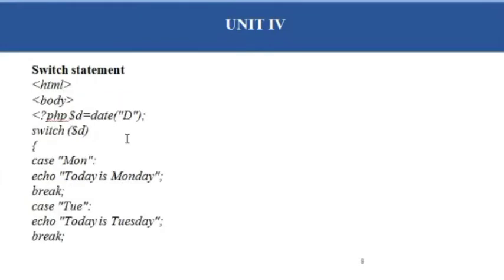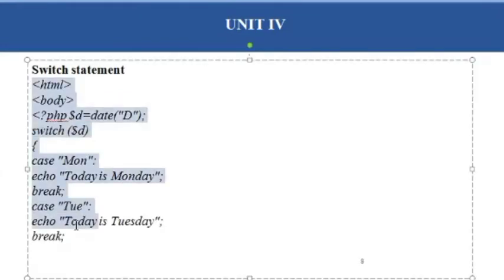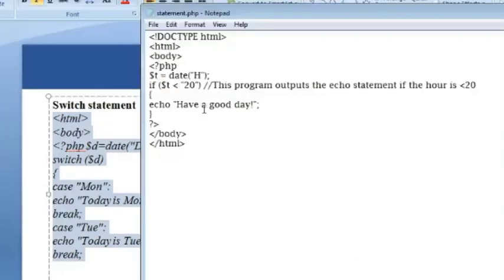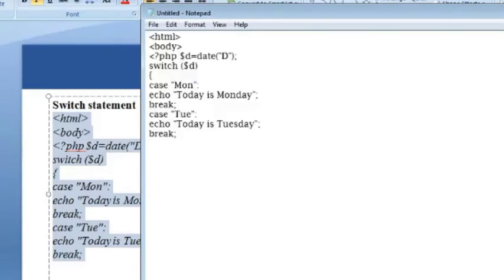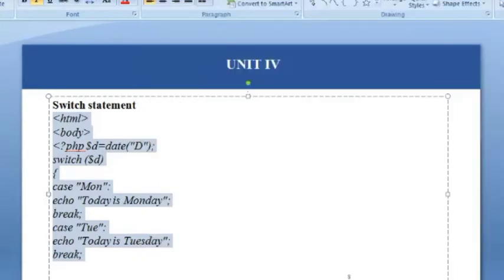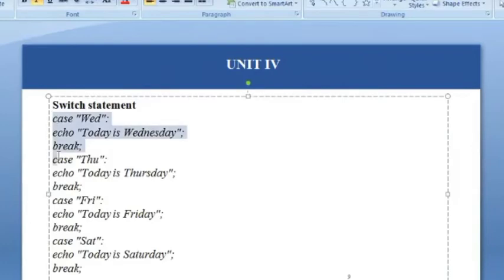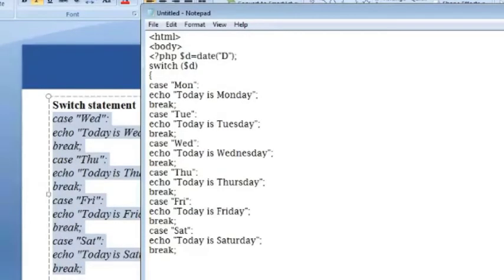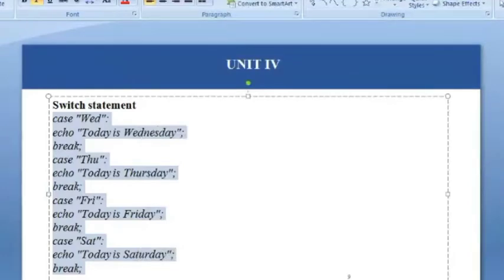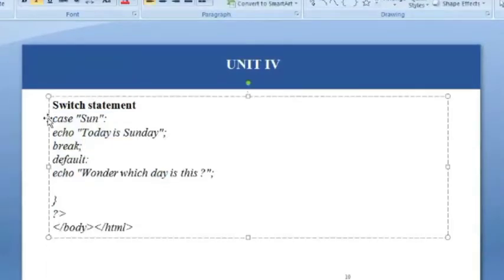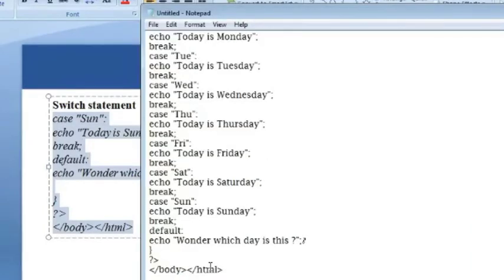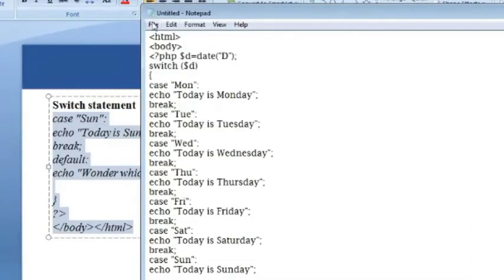Here we will execute this program. I am just copying the remaining coding. So this is my switch case.